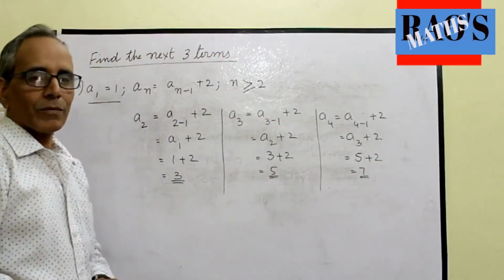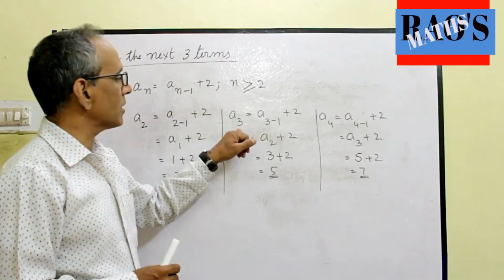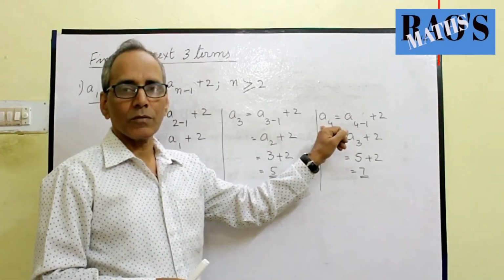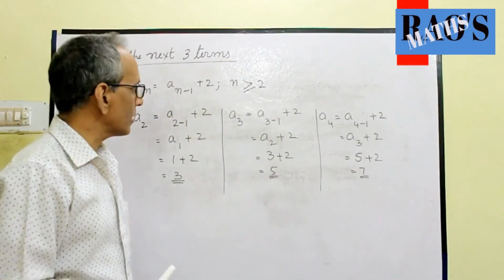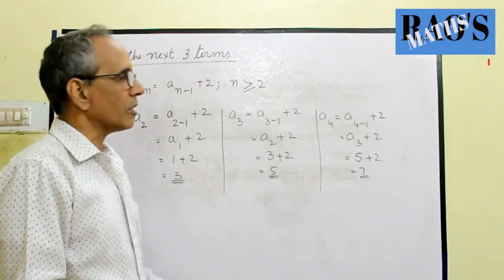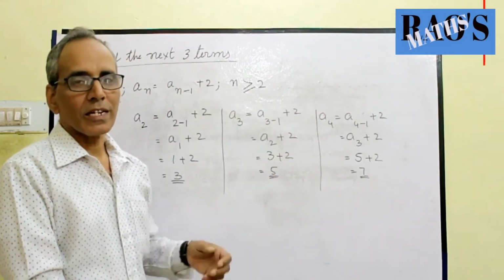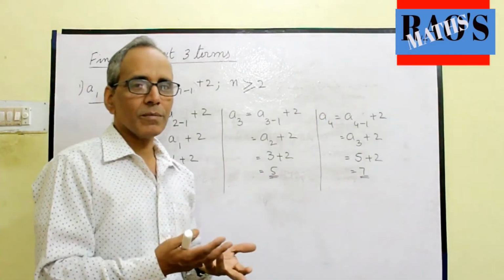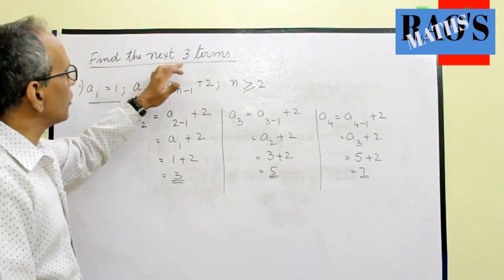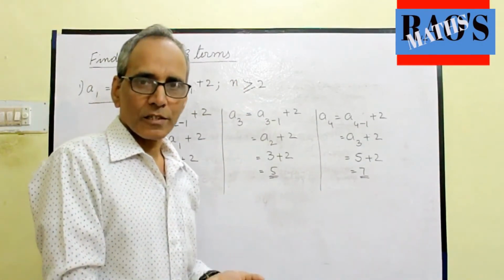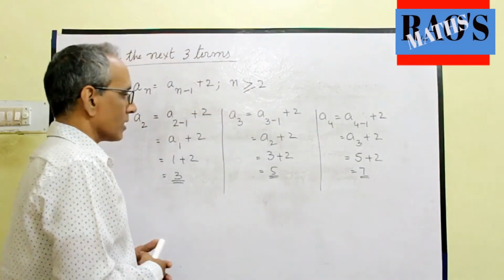So, in this question, we cannot find the required term directly. We find the sequence only. Without finding the third term, we cannot find the immediate successive term, that is 4, because it depends on the third term, that is 5. This is one of the peculiar questions where the condition is to be applied. So you cannot take any values randomly, like 3, 7, 10. 7, 10 we cannot get unless you find the sixth term, because the seventh term requires the value of the sixth term. So that's why we ask for the next 3 terms, not any 3 terms. So next 3 terms and any 3 terms are entirely different. Please do mind this.